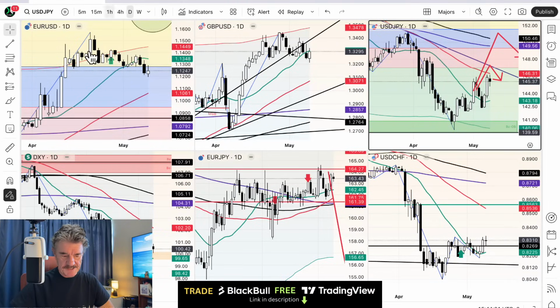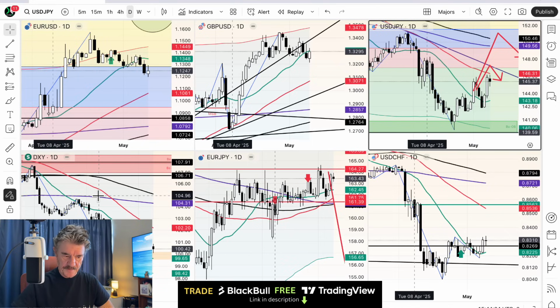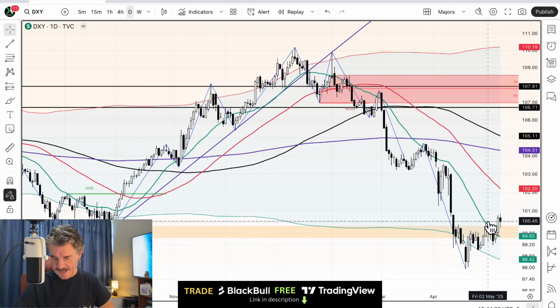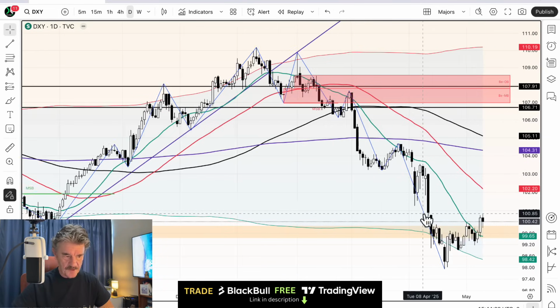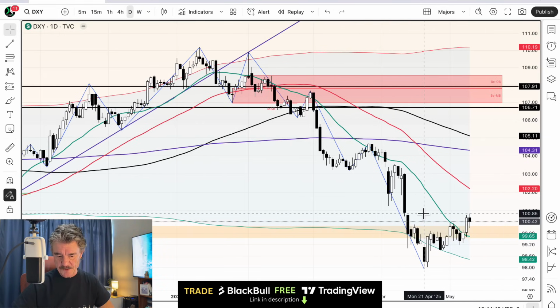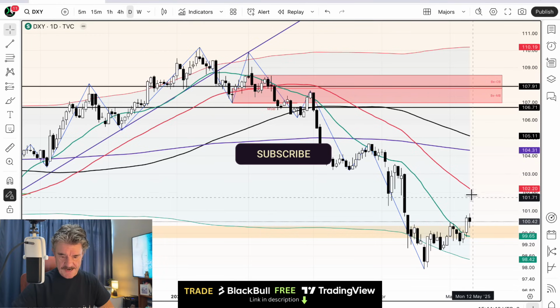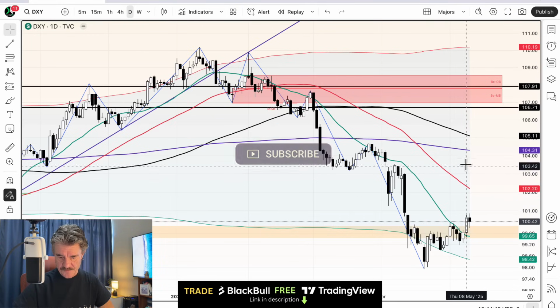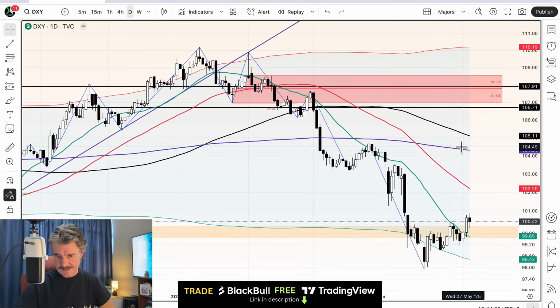Let's start with the dollar index. As you can see, a little bit of a rally on Friday and Thursday as well, breaking that sort of downward trend and breaking above and closing well above the 20-period moving average. So ticking higher, and I'm looking for a correction on the dollar index up to about the 50-period moving average here at around about 102, allowing for a move all the way back up to about 104.50 and the 200-period